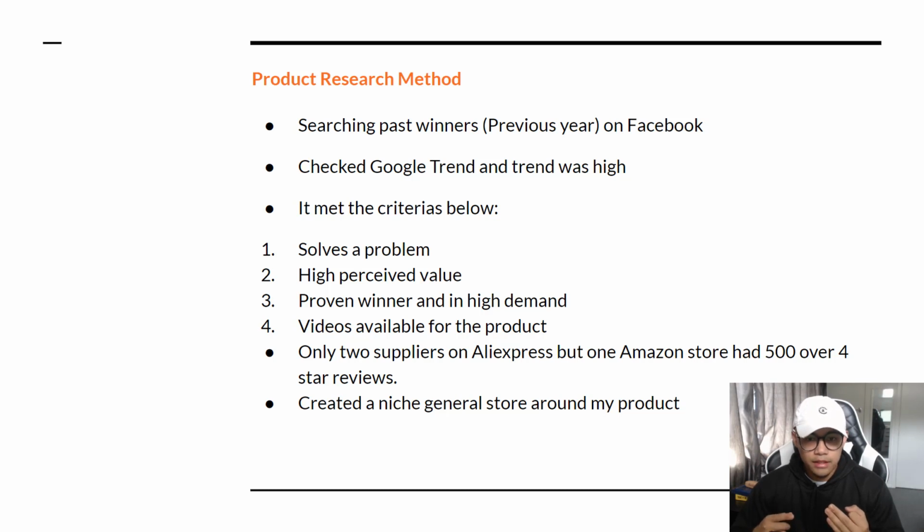A niche store is basically just one particular niche with multiple products around that. And what I did was I uploaded the product, and then I started importing other products that might go well with it within the same niche, so in the future I can upsell straight away. There are many benefits using a niche store over a one product store and a general store. The main one is that it looks branded, and also you can create a higher average order value, which means higher profit margin for you, and it would just be easier for you to start spending on ads because you have that big profit margin.